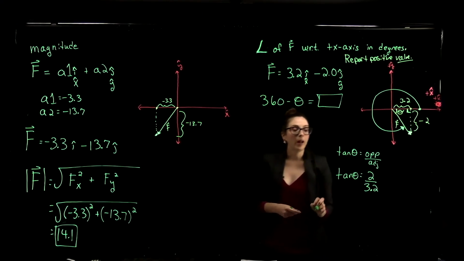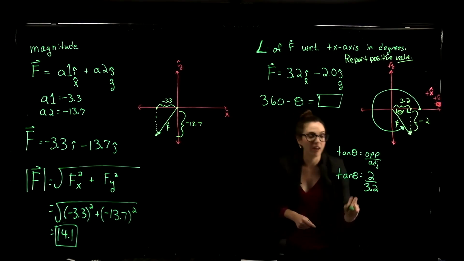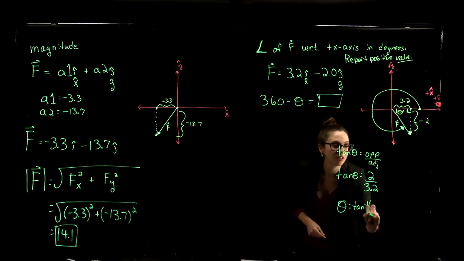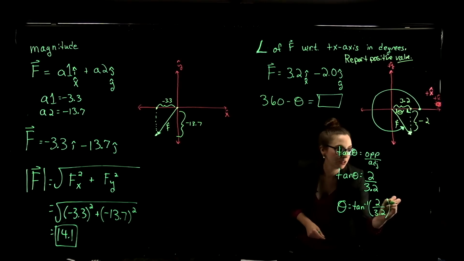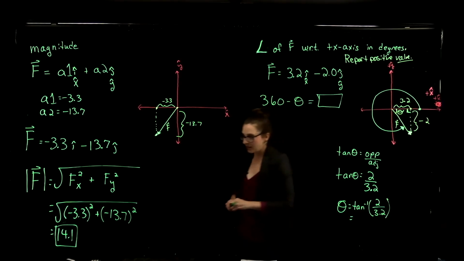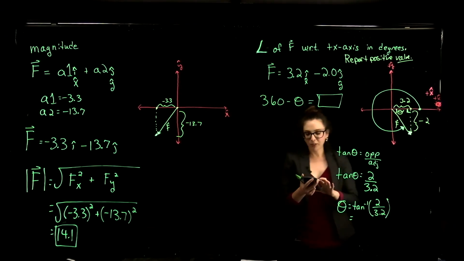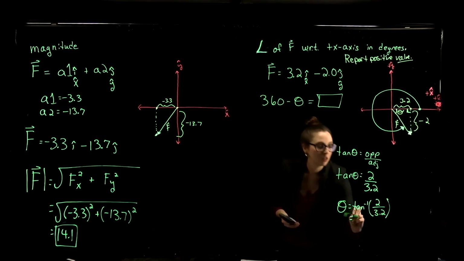In order to get theta isolated, I have to take the inverse tangent of both sides. So theta is going to be equal to the inverse tangent of 2 over 3.2. Be sure you're in degree mode. And this is going to give me, in my calculator, inverse tangent of 2 divided by 3.2. That's going to be